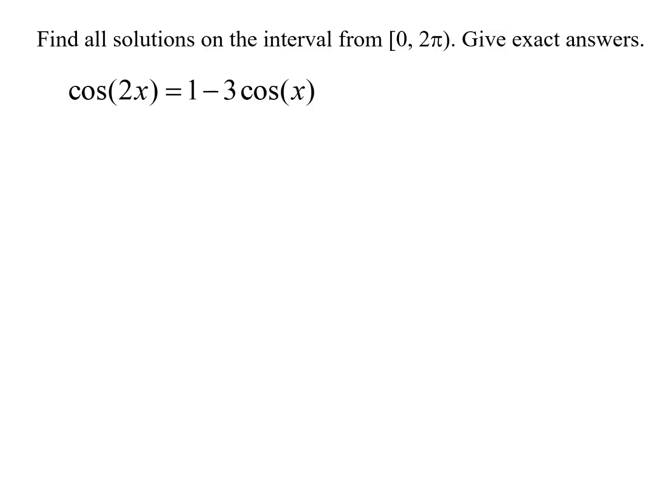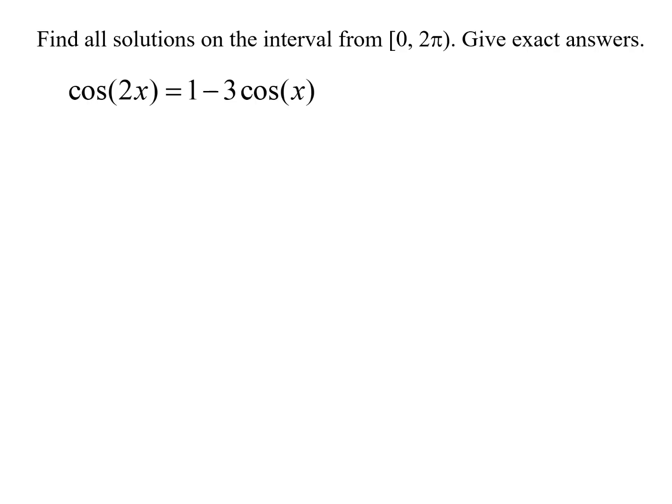We want to find all solutions on the interval from 0 to 2 pi with exact answers. I see that this equation involves just cosine, but the argument or angle is different. One's a 2x and one's an x. In order to work with these to solve them and factor them, we're going to want them to be the